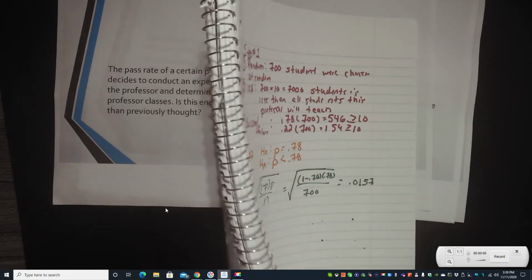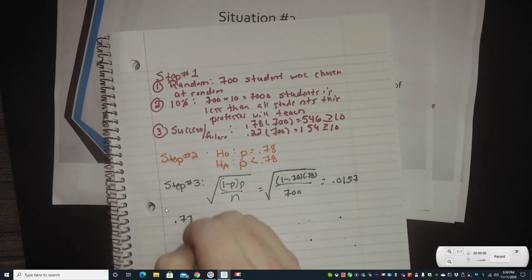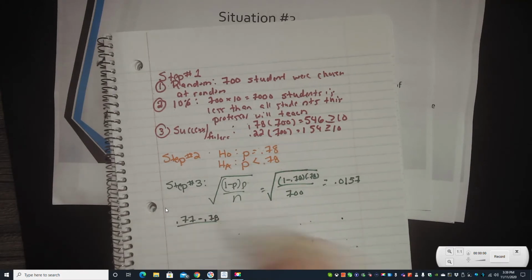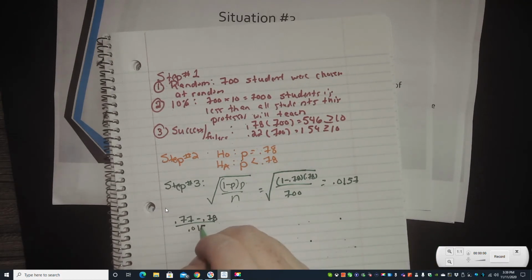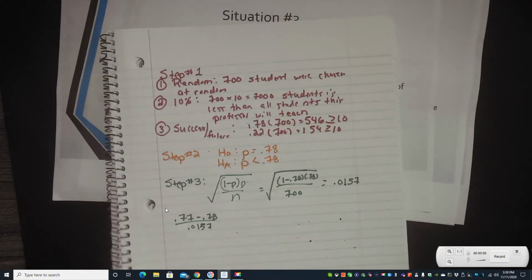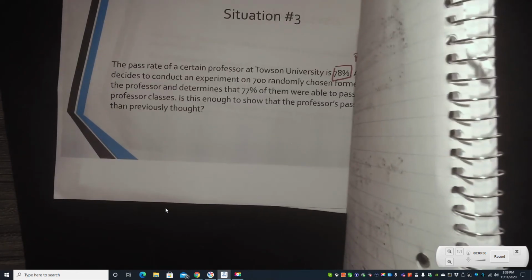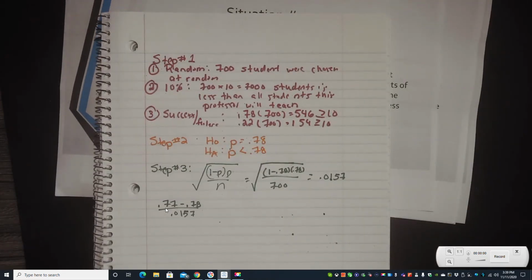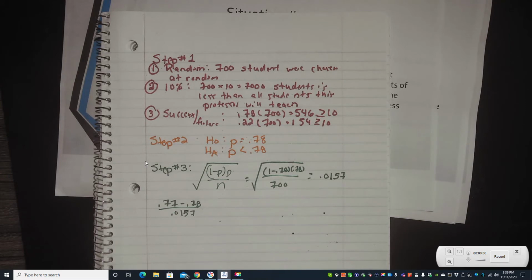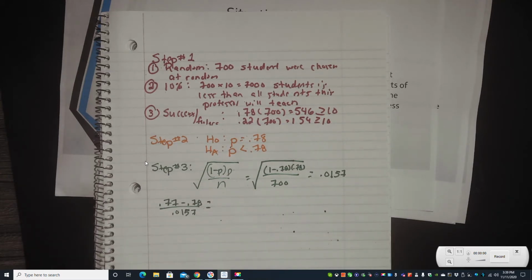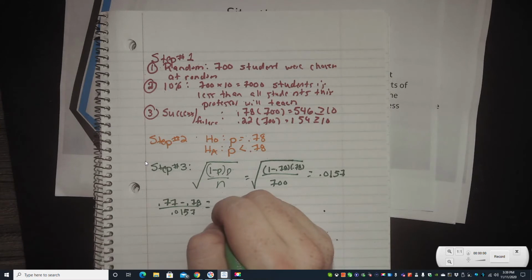So 0.77 minus 0.78 divided by 0.0157, and make sure you remember that this one is the one based off of the statistic. So that's a 77%. That's the other percentage that we had before. So if I do the math, I get negative